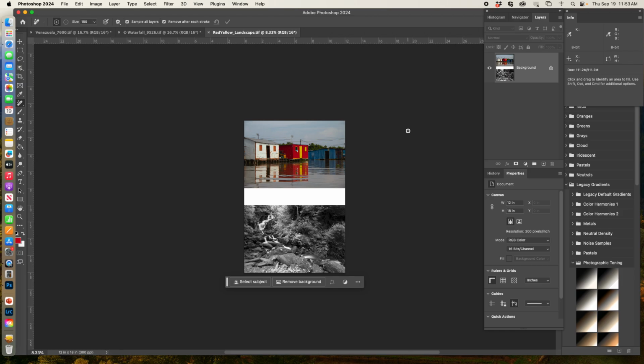So that's what you guys are going to do for your landscape and your red and yellow. And then on the other one, you're going to do your portrait. So the subtle duotone and the extreme duotone. All right? We're going to say,